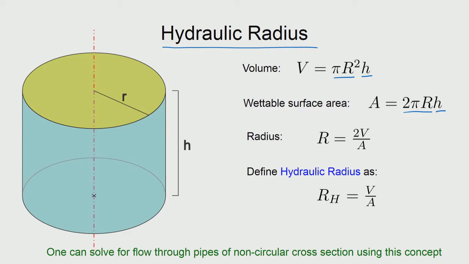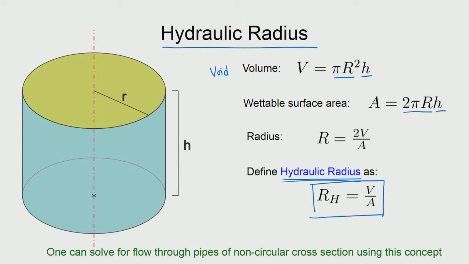The volume is also the void volume, because it is through this void or cavity that the liquid is going through. Once you have this, you can imagine calling the ratio of volume to wettable area a relevant quantity for the radius, which we now define. We are creating a new variable called the hydraulic radius, and we define it as the ratio of the void volume over the wettable surface area.